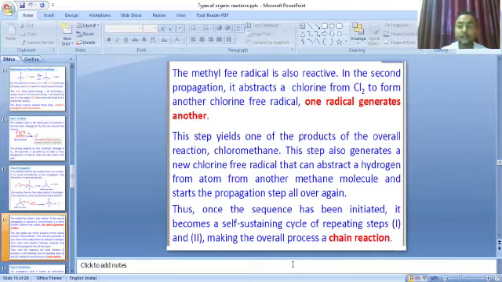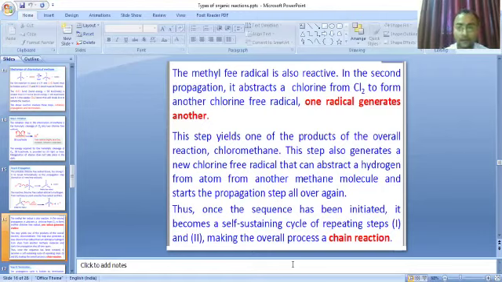As we learn in nuclear chain reactions, when uranium is attacked by thermal neutrons, it gives some nuclear energy, and the neutrons are regenerated. These neutrons again attack the uranium nucleus to give nuclear energy and neutrons. So this is the chain reaction, and here we get the free radicals and also the products.